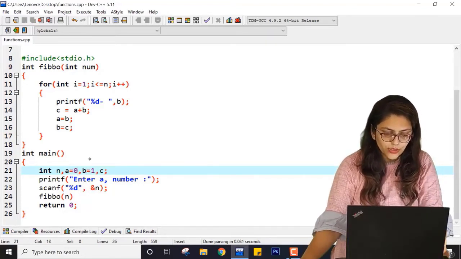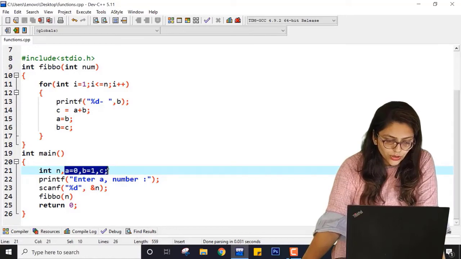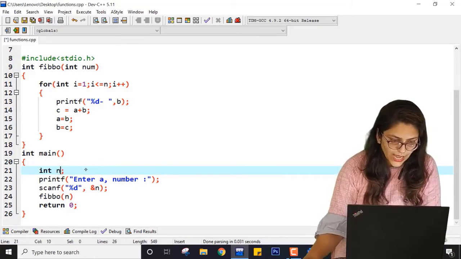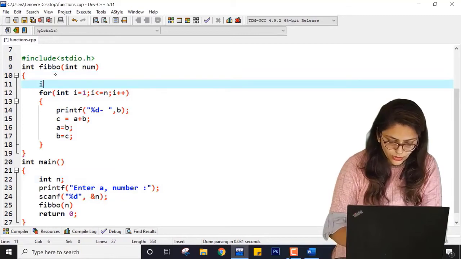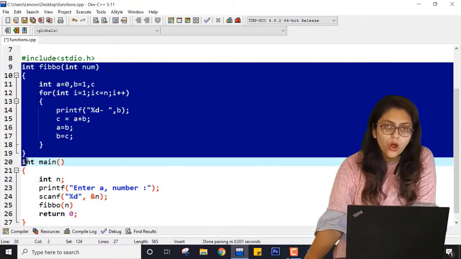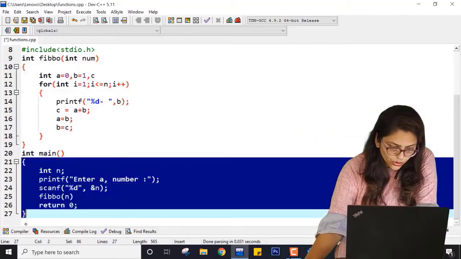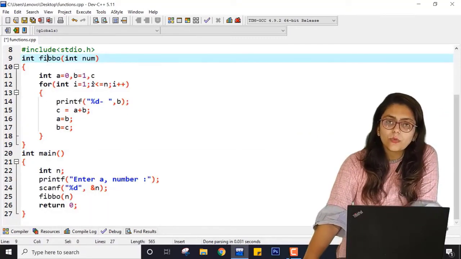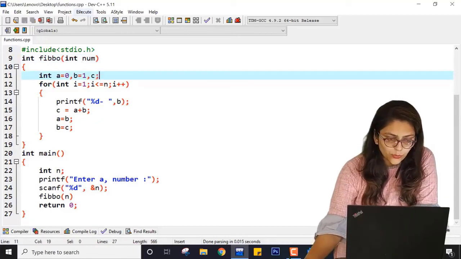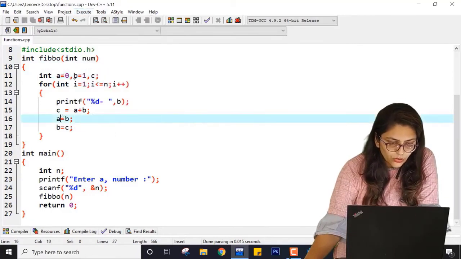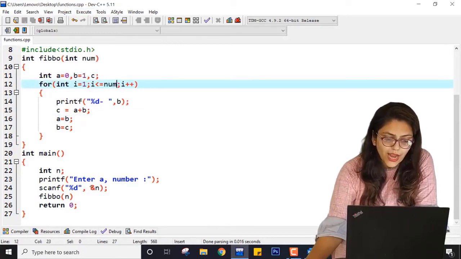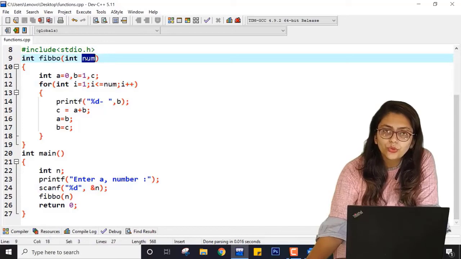It should be initialized with 1. So I should copy this and paste it over here, because now ABC belongs to this block, not this block. So I have to declare ABC over there. I hope you guys are understanding. Let me save this program, and here also instead of N it will be num, right? Because the value of N will be copied to num.